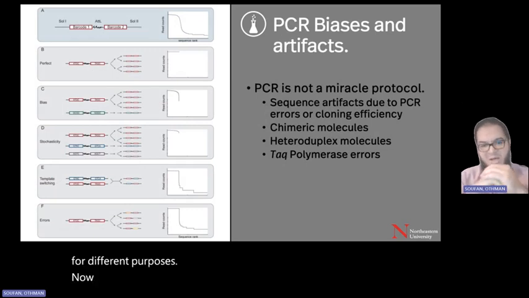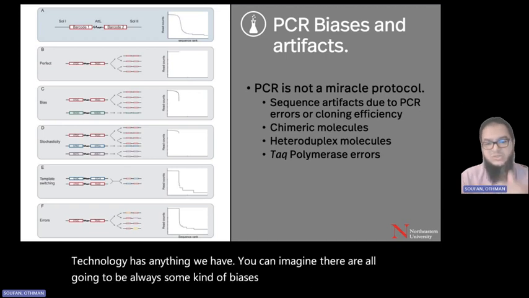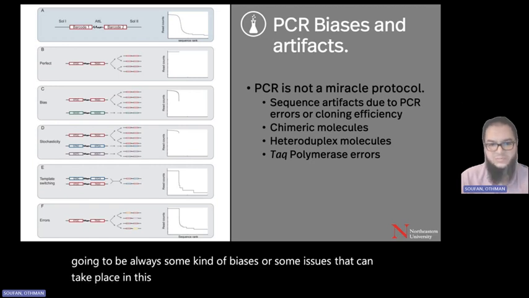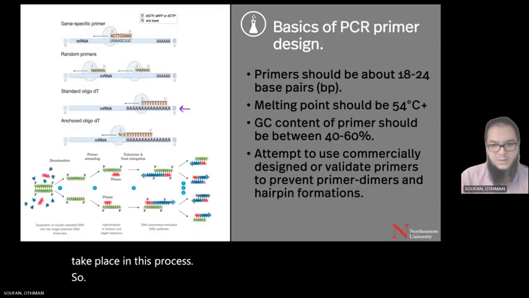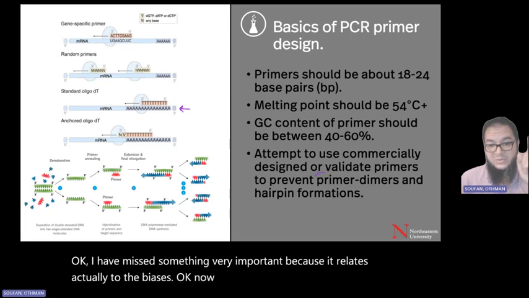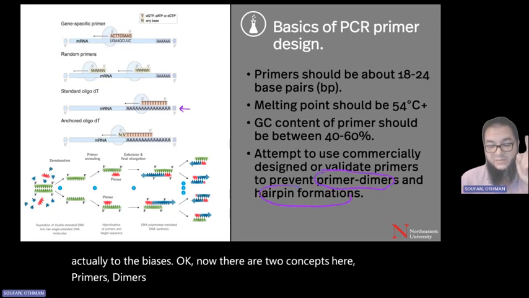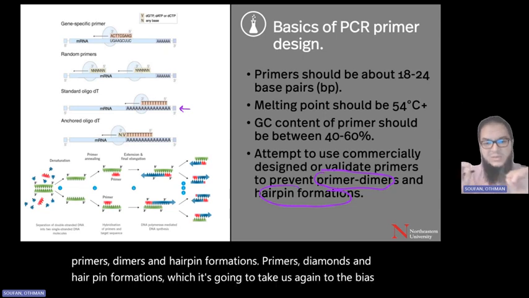Now, PCR, although it's a very powerful technology, as with anything, you can imagine there are always going to be some kind of biases or issues that can take place in this process. I have missed something very important because it relates actually to the biases. Now, there are two concepts here: primer dimers and hairpin formations. They are going to take us again to the bias, but quickly, primer dimers occur when two primers,